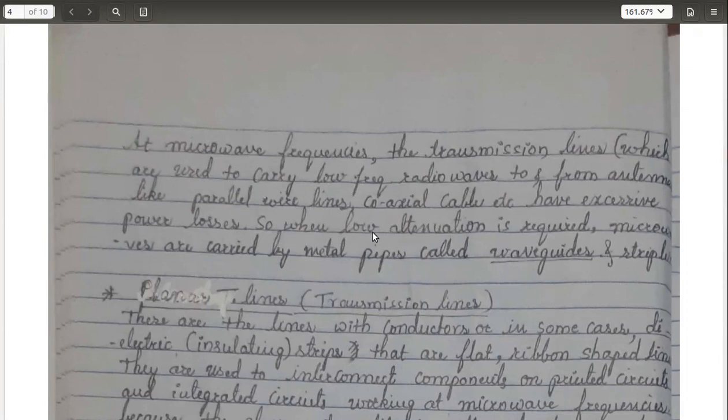So why do we go for a different type of transmission line, a different set of devices and components for microwave frequencies? Because the devices and components that you use in your laboratories at low frequencies cannot be used for these microwave frequencies, because you'll be having a lot of excessive power losses. Hence we should go for some other category of transmission lines. We have discussed even the waveguides, the waveguide T's, and now we are going to study the strip lines.